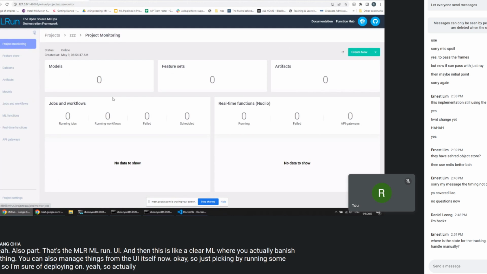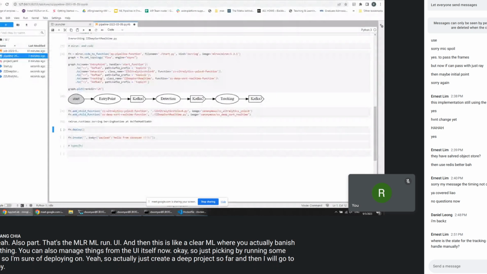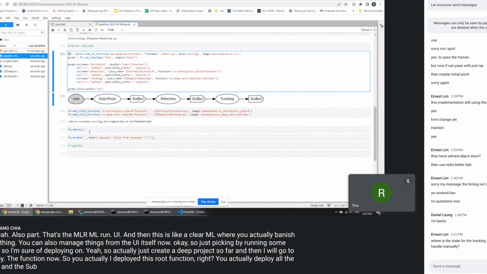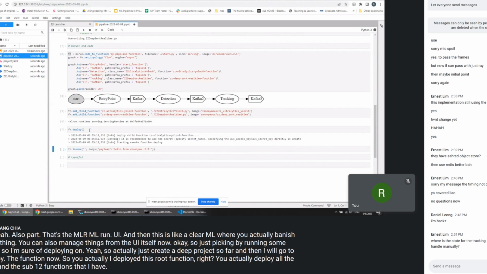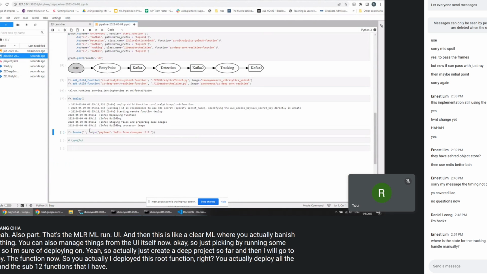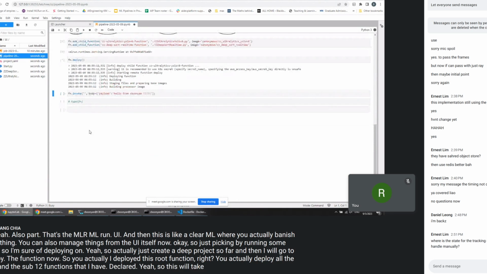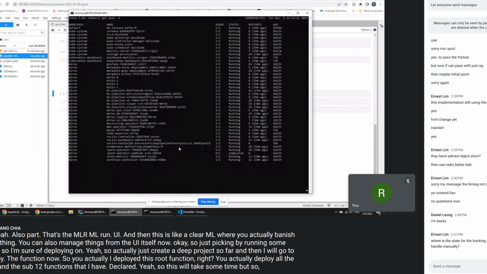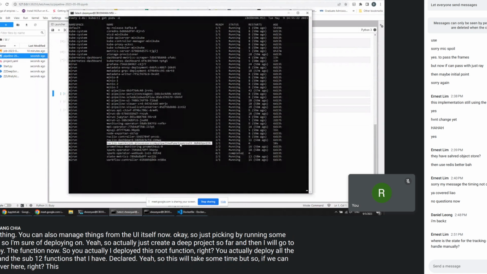Yeah, so I just create an empty project so far, and then I will go to deploy the function now. I deploy this root function, and you actually deploy the root and all the sub child functions that I have declared. This will take some time, but if we look over here, this canonical job just spawned. So if we go take a look at this,